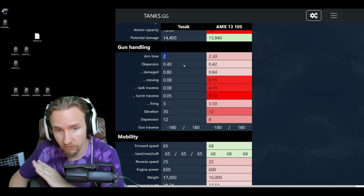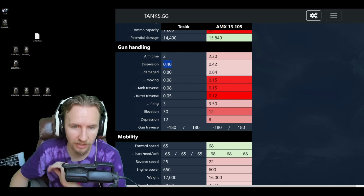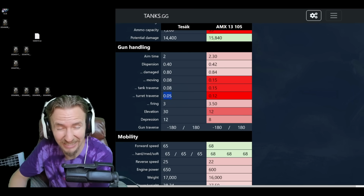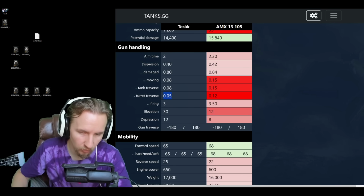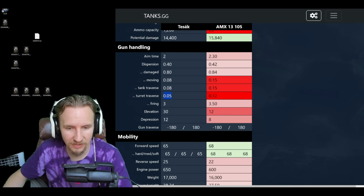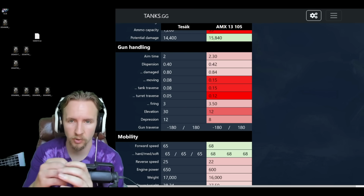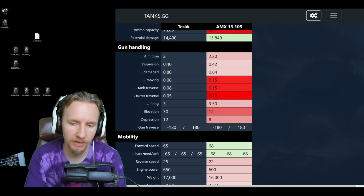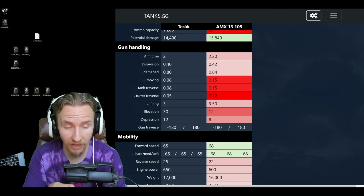2 seconds aim time, very nice. 0.4 accuracy, mediocre. But look at these dispersion values. 0.08 when moving, 0.08 when turning the tank, and 0.05 when turning the turret. This means that vert stabs and all of the gun handling enhancements to this tank don't really feel too necessary. However, when we take into account the bloom after firing of 3 and we saw how much that gun spread out, look, vert stabs, rotation device, experimental turbo will still help you be able to dump out your damage effectively,